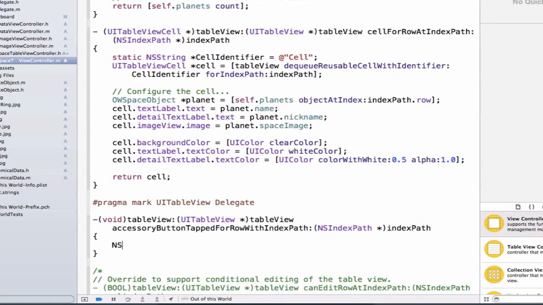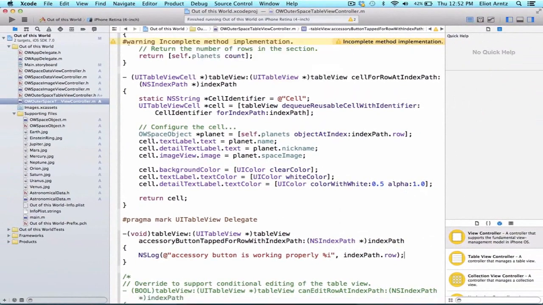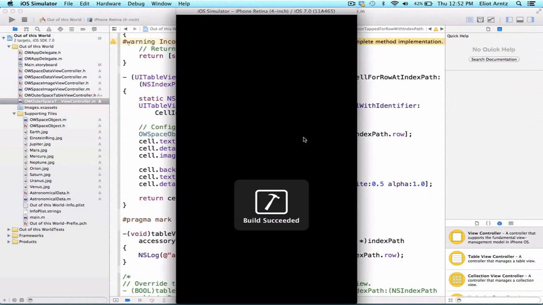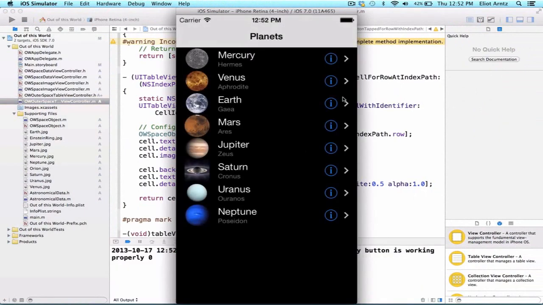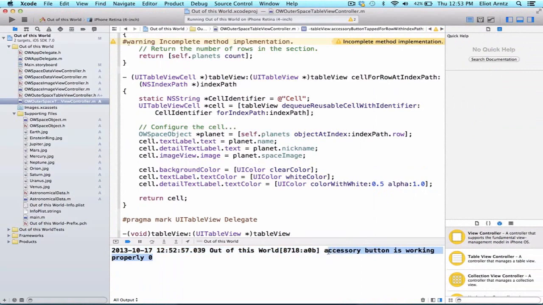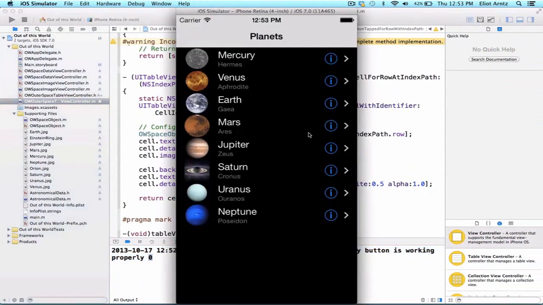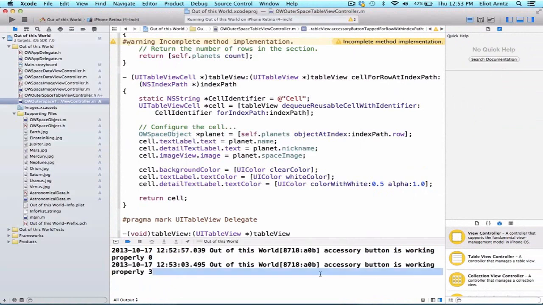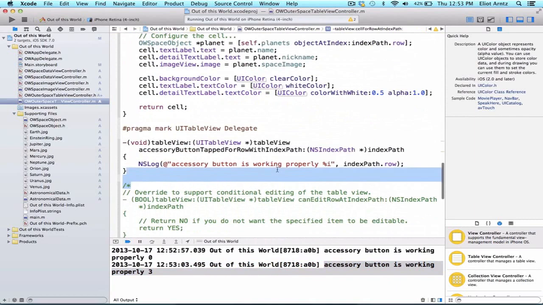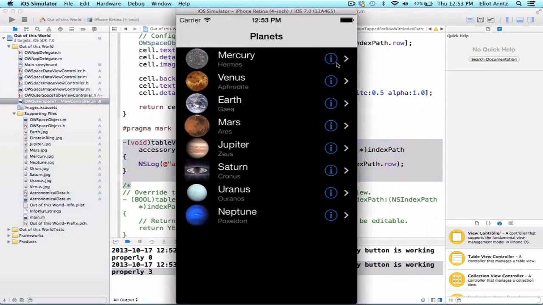So let's implement this now. We're simply going to add an NSLog statement in here to prove to ourselves that the accessory button is working properly. And let's use %i so we can see the indexPath.row, or specifically which row the accessory button is being tapped for. So if I press the first row, we see accessory button is working properly, and we see 0, which is the first row. If we press the fourth one, we see 3 come out. So we now know this method triggers, and by implementing this method, I'm able to add functionality when I press the little